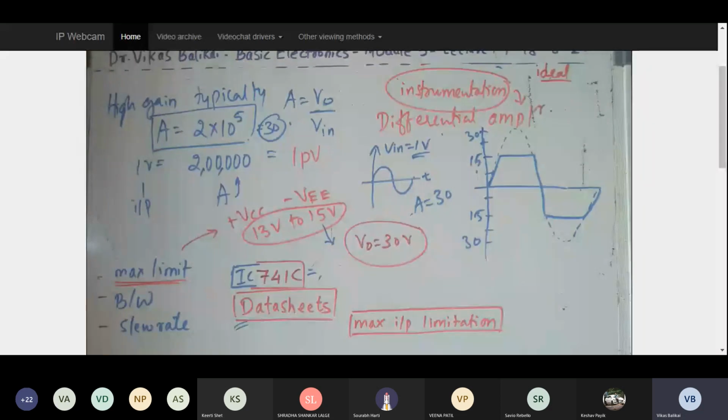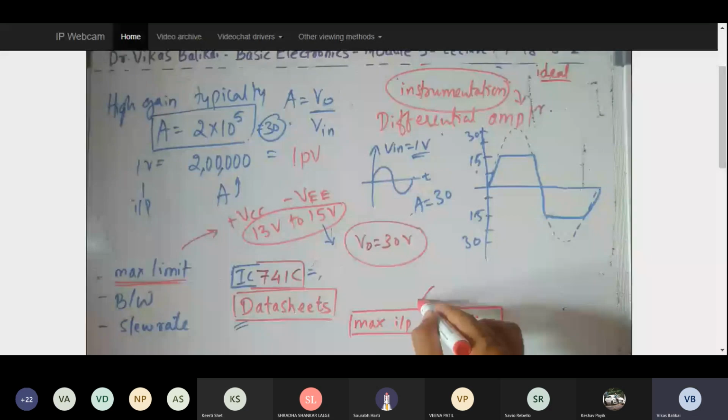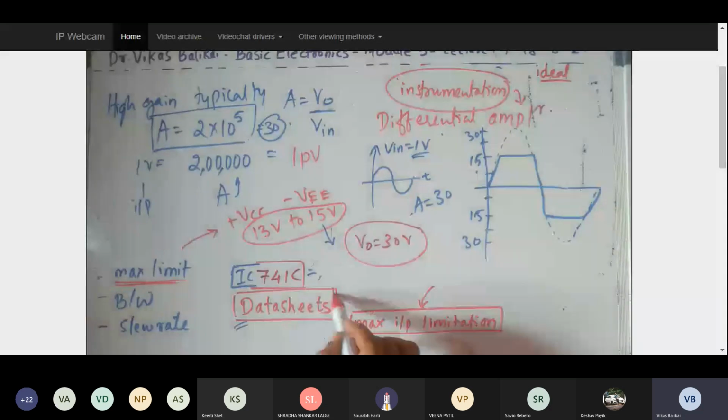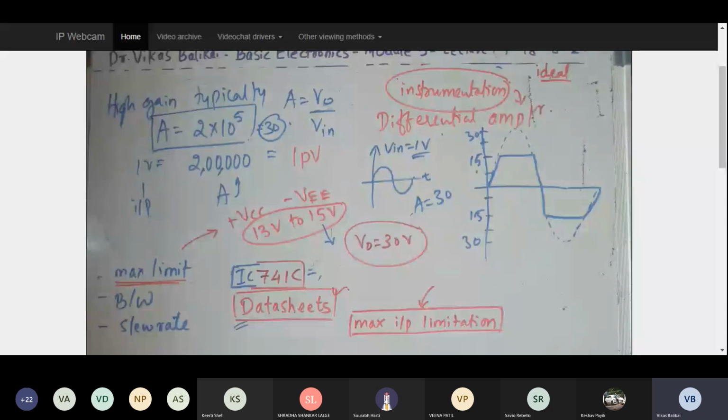So that is what I just wanted to talk about, the maximum limitation with respect to output as well as the limitation with respect to input. I cannot give input however I want. There will be some sort of limitation, and all that will be mentioned in the data sheets. So this is a general discussion about why we should have high gain, what exactly we mean by gain, how it is limited by the power supply voltages, and where we find the application of the operational amplifier, typically in the instrumentation amplifier, which is used to detect biomedical signals or ECG signals, which are your human signals.